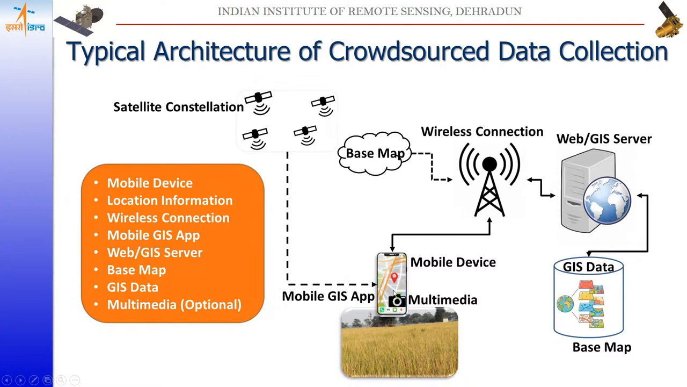Here the center of the architecture is the mobile phone. It has one GPS chip which fetches the location information from the constellation of satellites. It also has sensors like a camera, which fetches the photograph or multimedia information, and it has a small mobile GIS app which interacts with the server, fetching the base maps from there and then sending the information collected in the field back to the server. So this small demo we will also try to understand. Some examples of